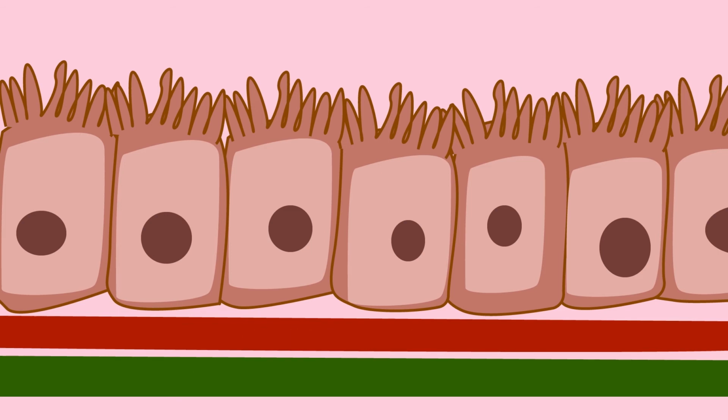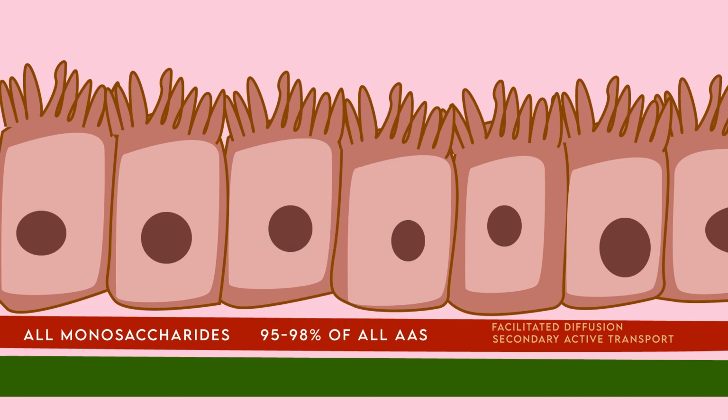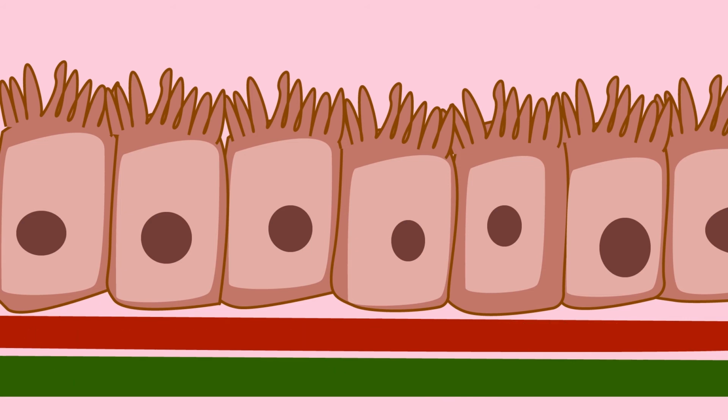Entering the blood capillary and bloodstream via facilitated diffusion and secondary active transport are all monosaccharides and about 95 to 98% of all amino acids. Entering the lacteal and lymph via simple diffusion are 95% of all fatty acids and mono and diglycerides. Lastly, approximately 89% of all water is absorbed in the small intestine via osmosis, whereby water follows the nutrients and